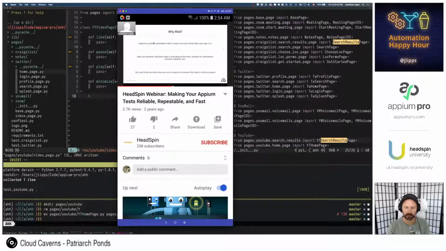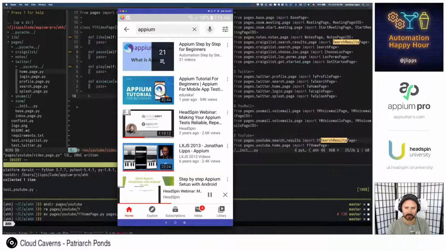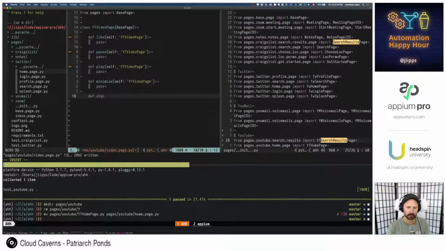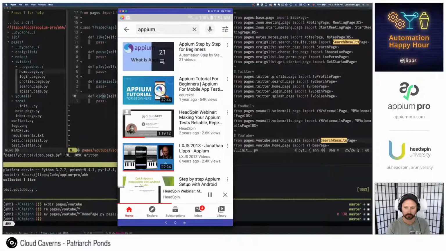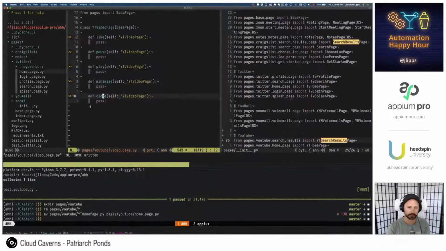That's probably intentional. But so I guess to close it, we minimize, and then we can close. There we go. And then we can also navigate home.